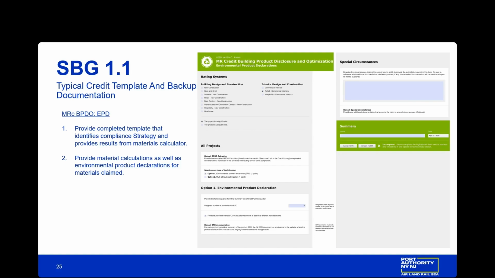So for the BPDO, which is the Building Product Disclosure Optimization Credit, we look at the Environmental Product Declarations credit. Basically, here we're asking you to provide products that already have EPDs done, commissioned by the manufacturer. So we'd ask you to provide the completed credit template that identifies the compliance strategy, provides the results of the